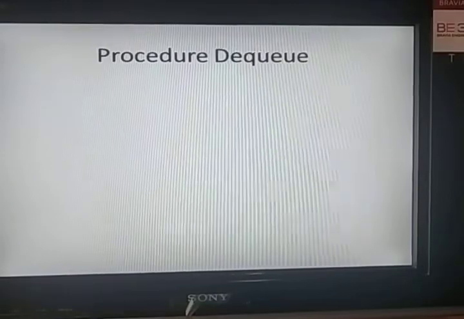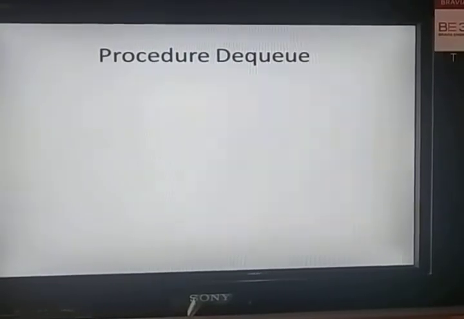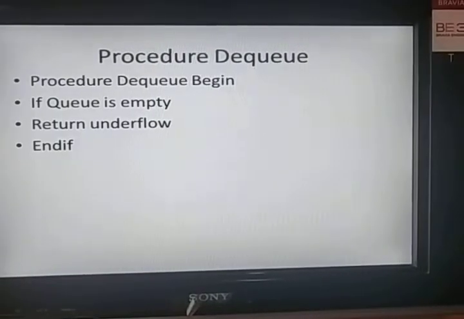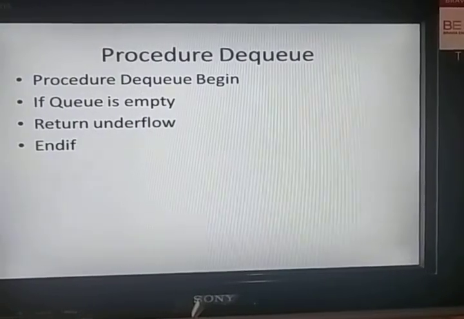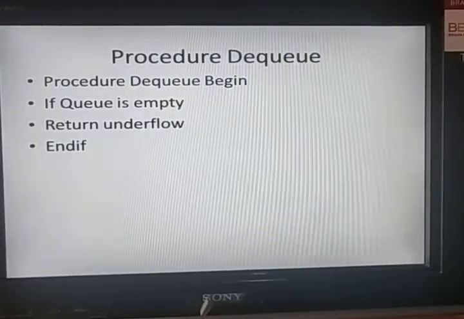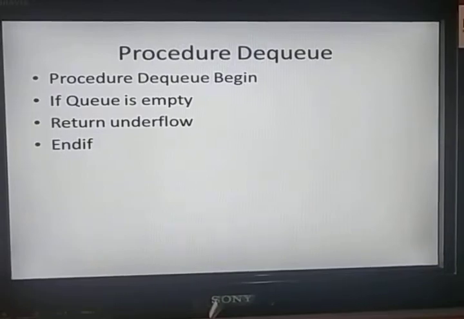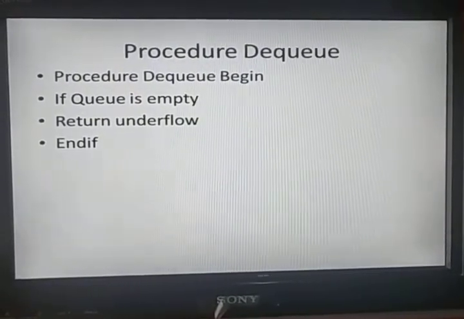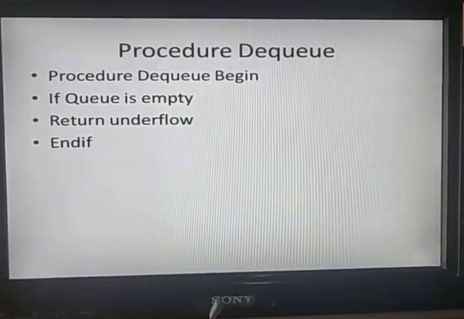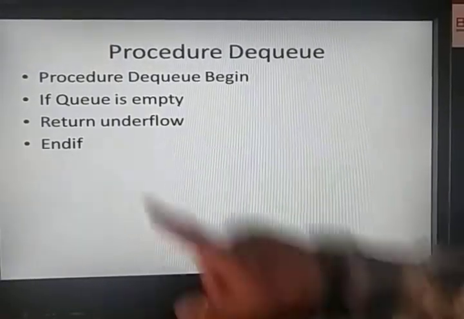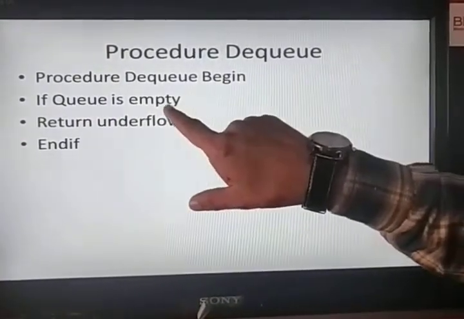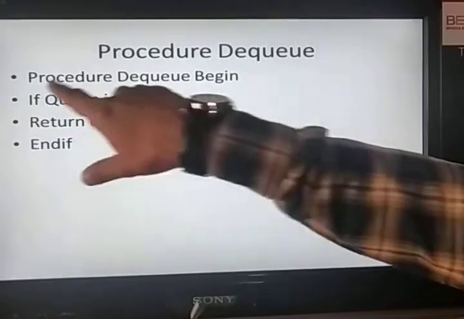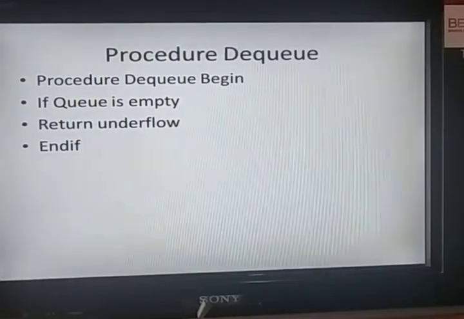Now you will learn the procedure of the DQ operation. First you have to write procedure DQ begin. If queue is empty, then return underflow. And if this condition is true, then return this, and end if. That means the procedure ends.